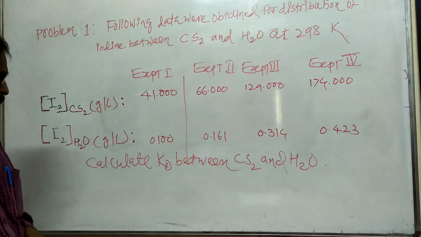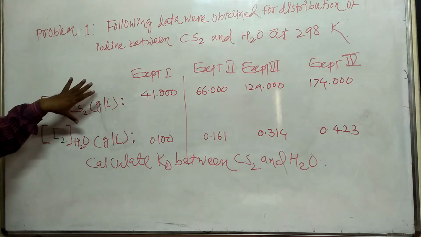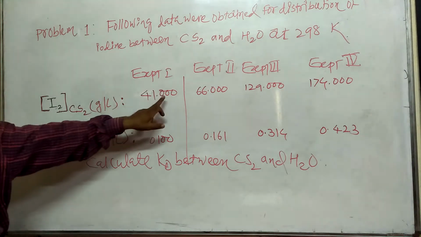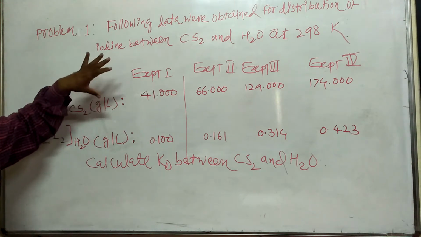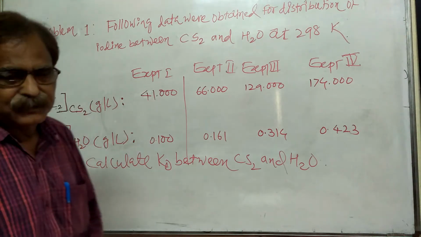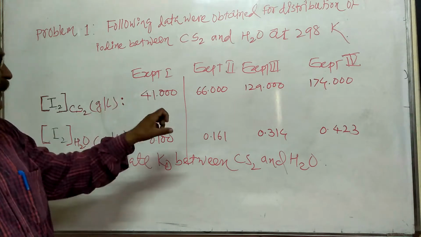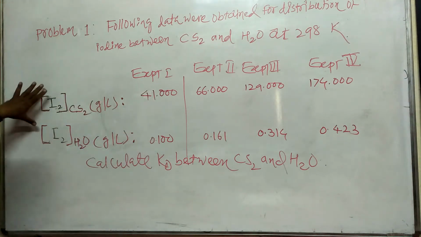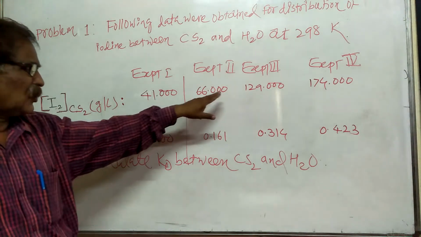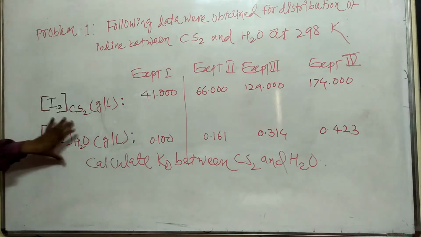In experiment number 1, the concentration of iodine at equilibrium in CS2 is 41.00 grams per liter, and the concentration of iodine in aqueous layer is 0.100. In experiment number 2, the concentration of solute, here iodine, in organic layer is 66.00 grams per liter. On the contrary, the concentration of solute iodine in aqueous layer is